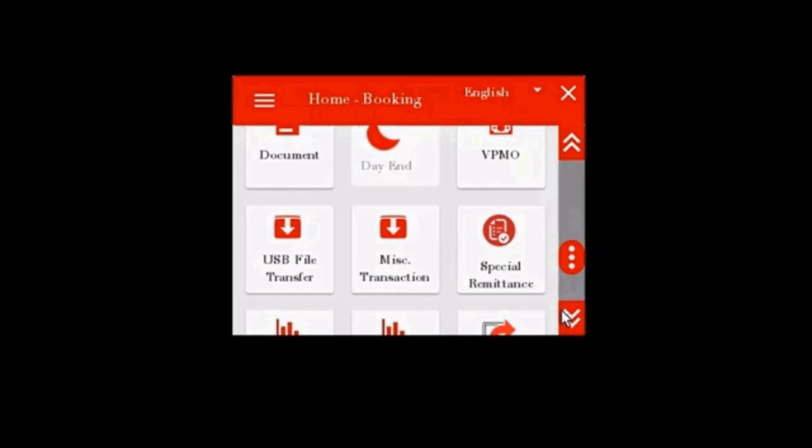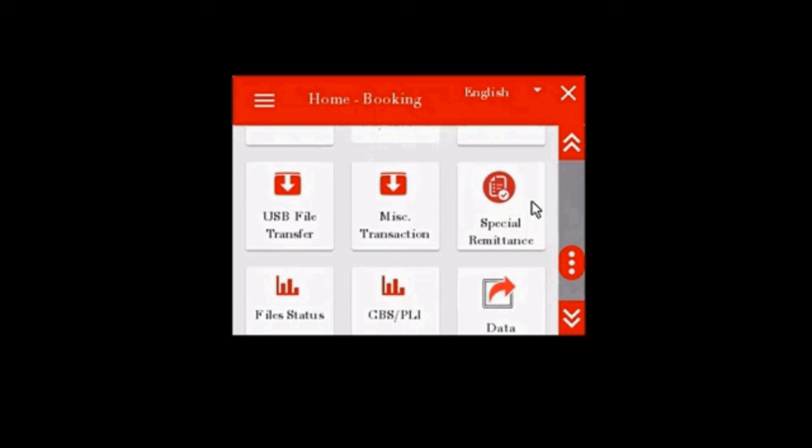Now the special remittance option. Through this option, the BPM can request cash from account office or sub office if any cash is required immediately during the current business date. That is, if BO does not have enough cash in hand for making payment to the customer and the customer needs the money urgently, that can be paid after making a request through this special remittance option. And the said money is to be collected from the SO for making payment. For this purpose, special remittance option is provided. But if the request is placed and approved, then the same has to be acknowledged and the task completed within the business day. Therefore, care should be taken in this regard.